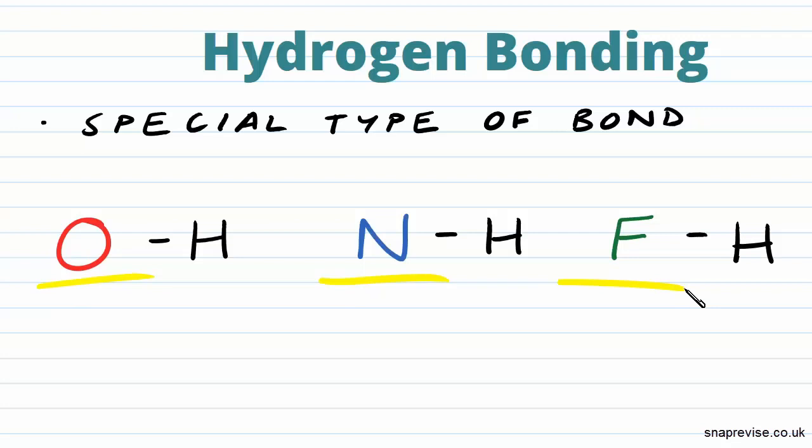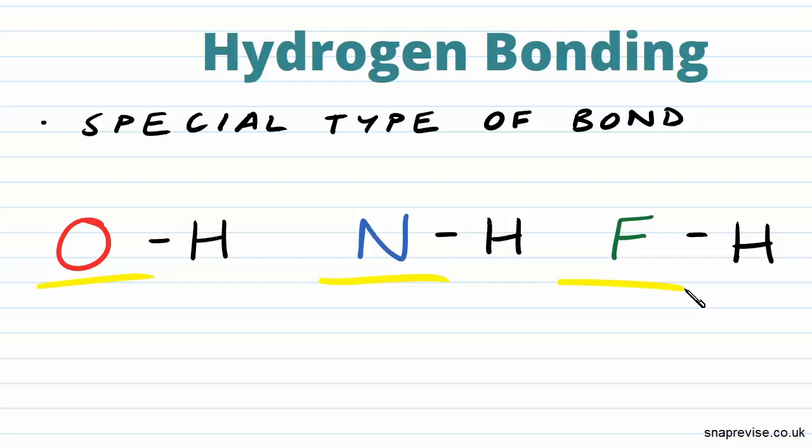Molecules containing OH, NH and FH bonds are polar with permanent dipoles, and these dipoles are particularly strong because oxygen, nitrogen and fluorine are so electronegative. And the permanent dipole-dipole interaction between molecules containing these bonds is a type of intermolecular bond that we call the